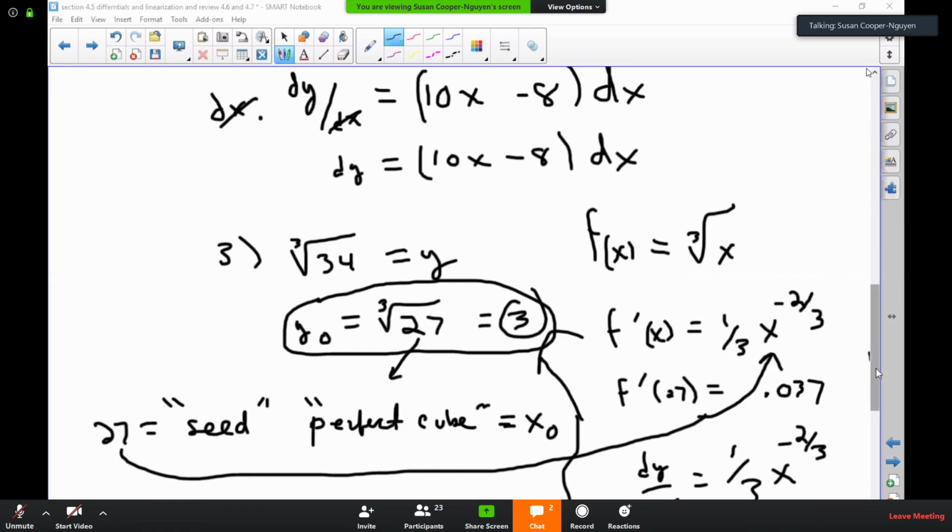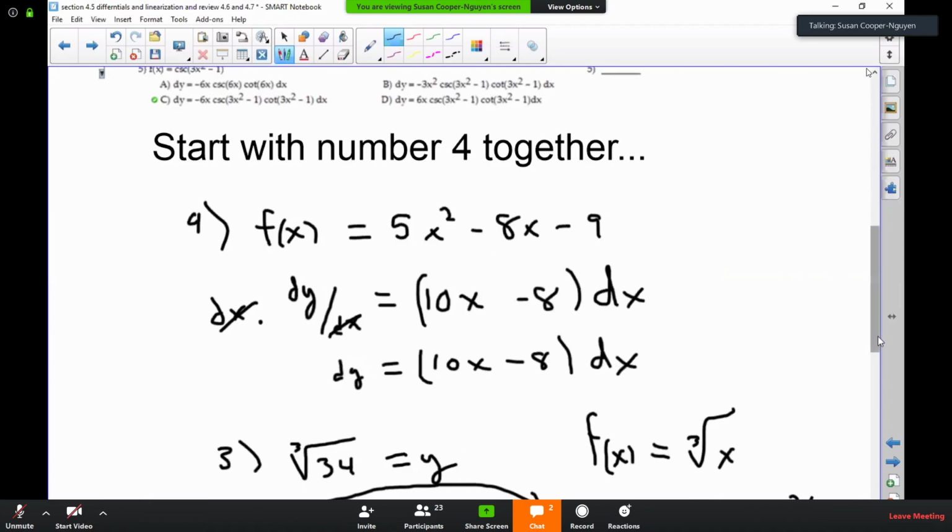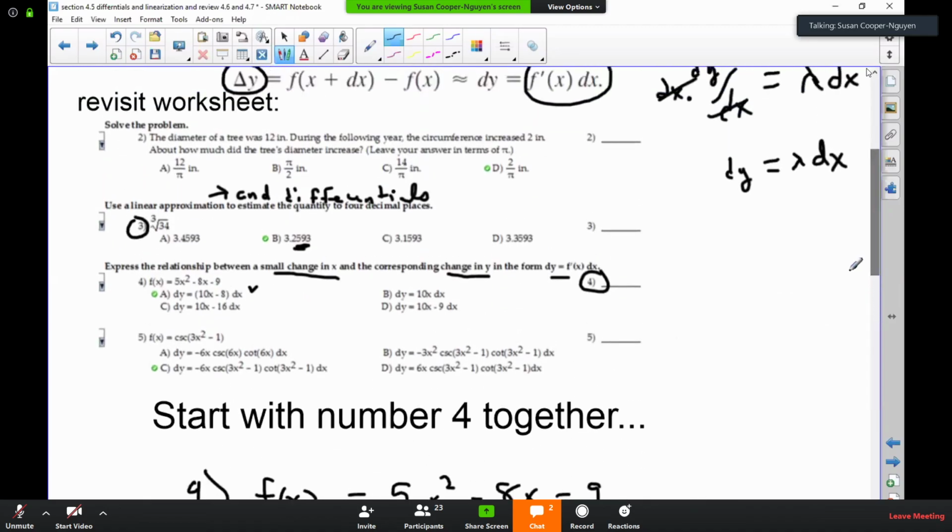Okay. So a lot of people, long story short, if you're a person whose goal in life is how do you get the right answer? When it says use linear approximation to estimate the quantity to 4 decimals, if I were to cook this up as a test question, I mean, it is linear approximation, but I wish the author would not have used those words. I wish they would have said use differentials. The thing that we really used there was differentials,